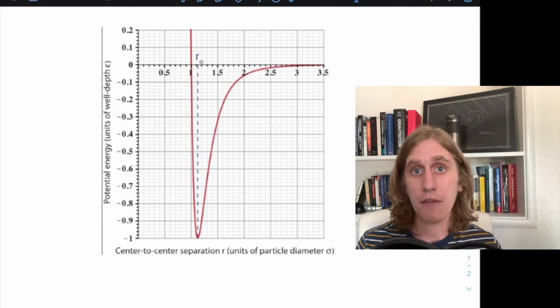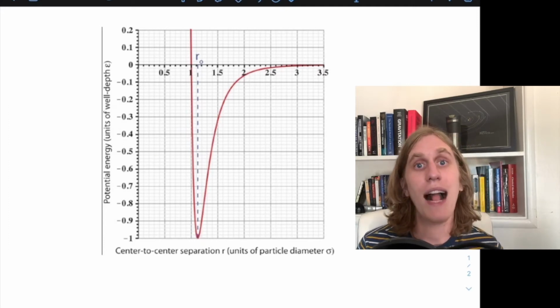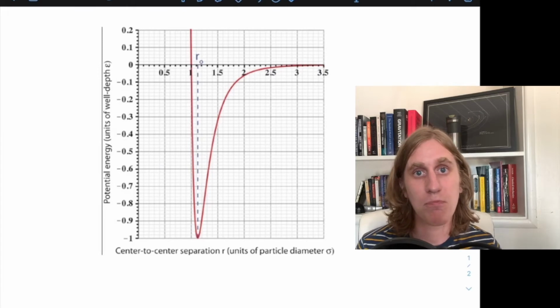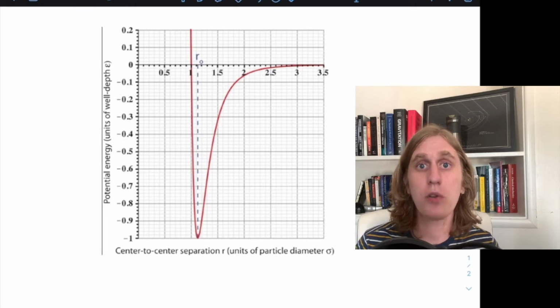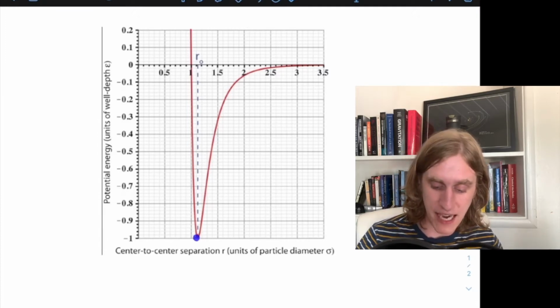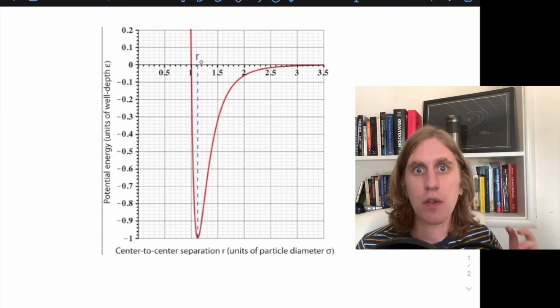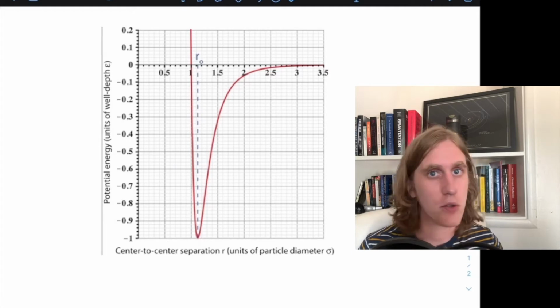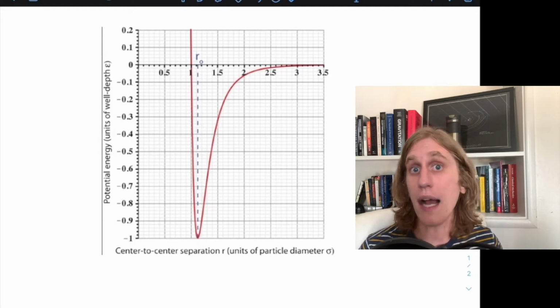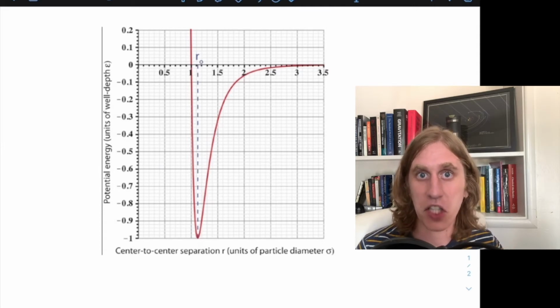It doesn't push the particles to the left or push the particles to the right. And so if you have two particles at zero temperature, there's only one place that they can be sitting, right here at the bottom of the well at their equilibrium distance apart. In other words, if we cooled two particles down to 0 degrees, we could figure out exactly how much energy they would have. They would just have negative epsilon of potential energy and 0 kinetic energy. So there's our answer. For a single pair of particles at 0 degrees Kelvin, the particles will have 0 kinetic energy and negative epsilon of potential energy.